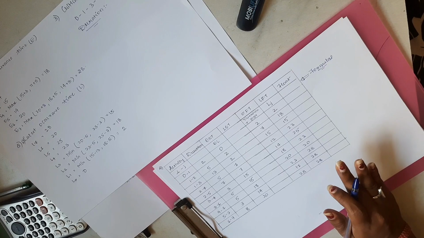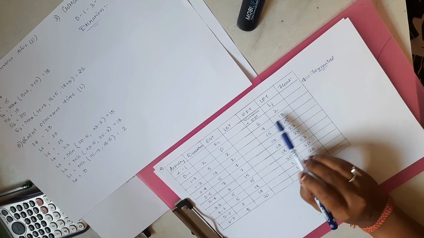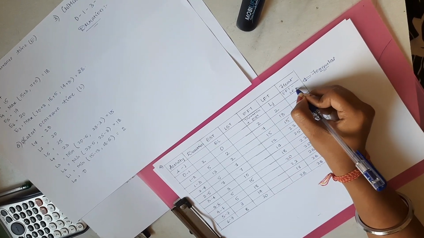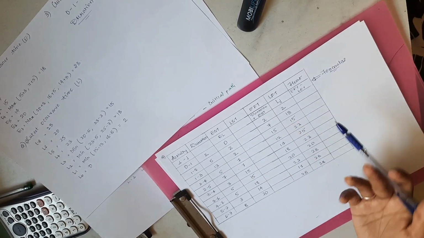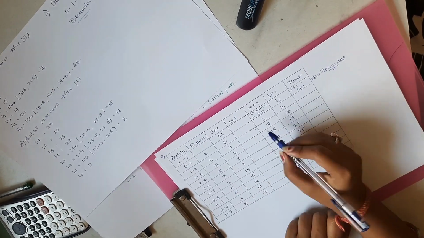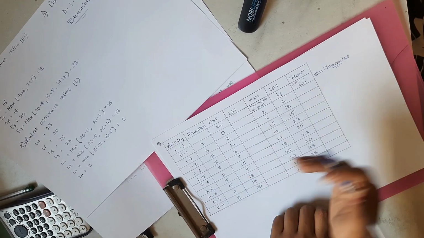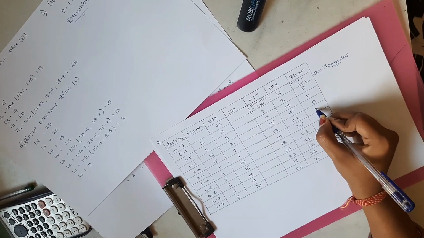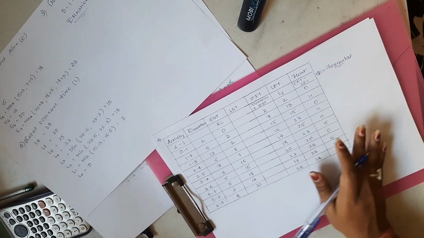Now next you need to calculate float, which would be simply the difference between EFT and LFT. So float is a difference between EST and LST as well, but now we don't have LST and we need to go upon calculating it, so we need one step ahead. So this is how we are going to proceed. First we are going to subtract these 2, get the float, and then with the help of float and EST we are going to get LST. So let's just calculate this. It would be 0, 11, 0, then 11, 11, then 5, 0, 5, then 11 and 0. And this is how float is also done.